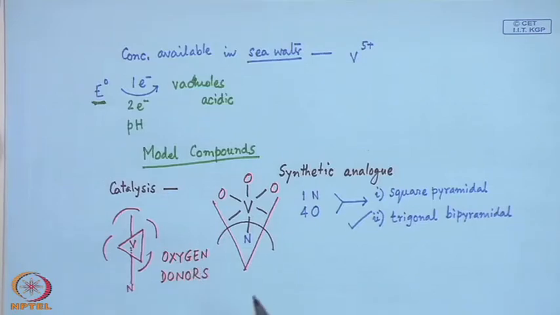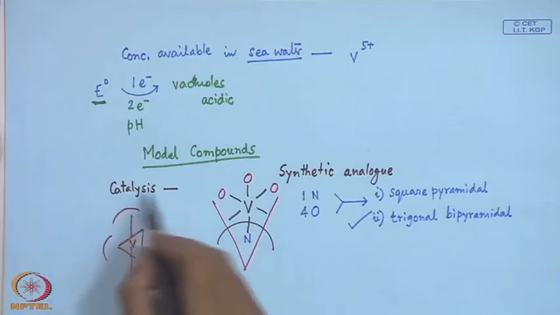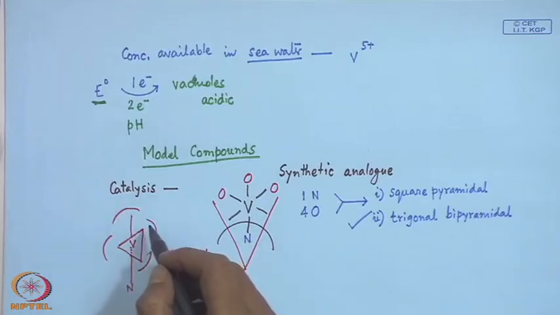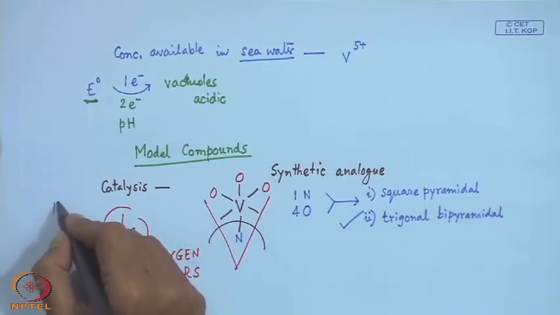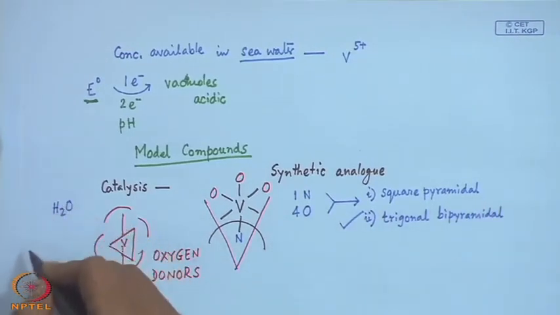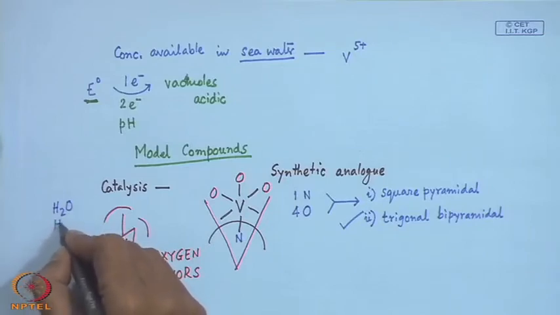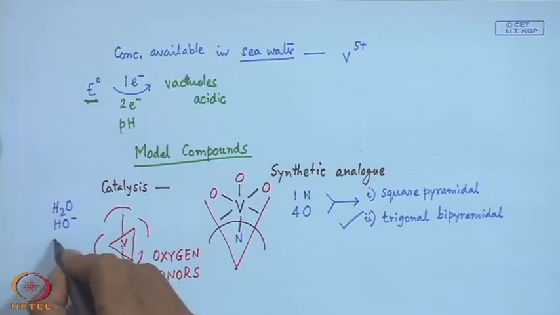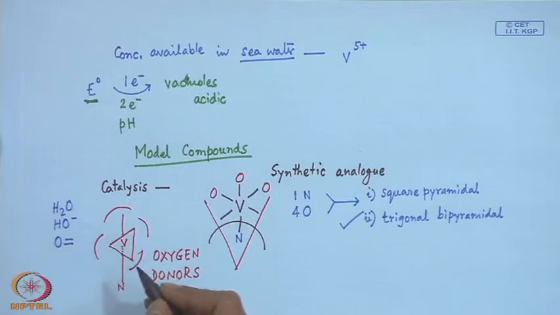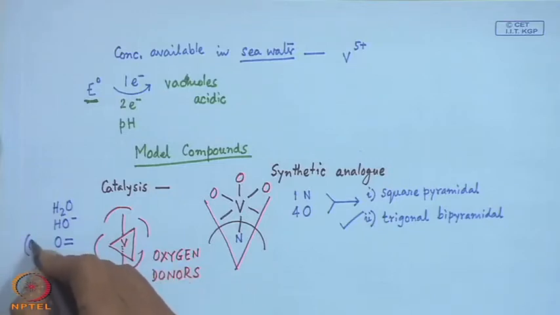So, that is the most important thing, and the more beautiful thing is that we have to do all these things based on only one single nitrogen, and the remaining positions can be all oxygen, because we can have several of these oxygen donors available. They can be from a water molecule, they can be from deprotonation of the water molecule as the hydroxide anion, or they can be directly forming a bond with the vanadium as the oxo bond, that means they are O2 minus,